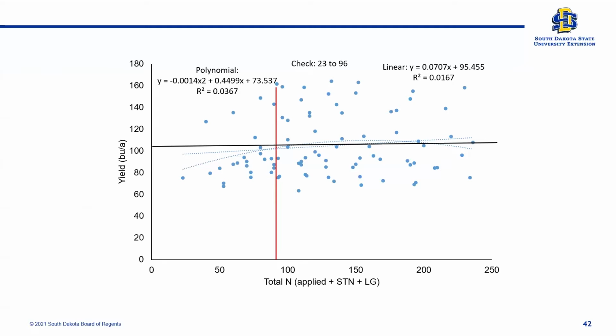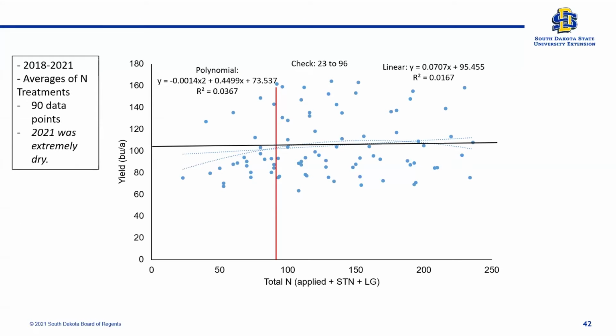So all that being said, what did we learn? Here's the message. This is from 2018, 19, 20, and 21. So 4 years of data from various different locations, 90 data points we have. And if you remember back, 2023 was extremely dry also, and 2021 was dry, but I don't have 2023's data in here. And we didn't really see a relationship going either way. I mean, we were hoping for a graph like this, and it kind of scatters all over the place and doesn't show a real good trend.